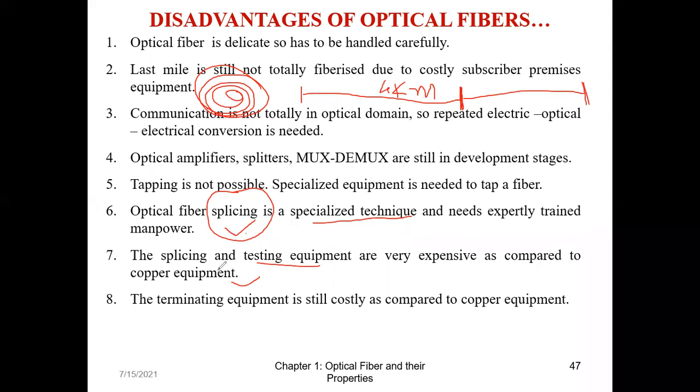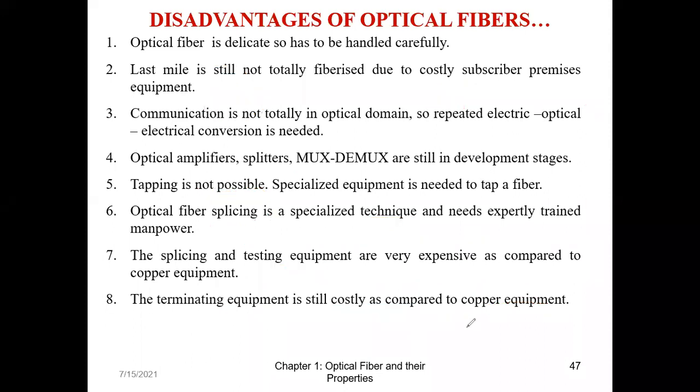So the splicer and OTDR are costly compared to copper equipment. That's why this is a disadvantage. And the terminating equipment is also still costly compared to copper equipment. These are some of the disadvantages which I could get from the internet. If you find more disadvantages, you can add to it. Okay, so with this, I